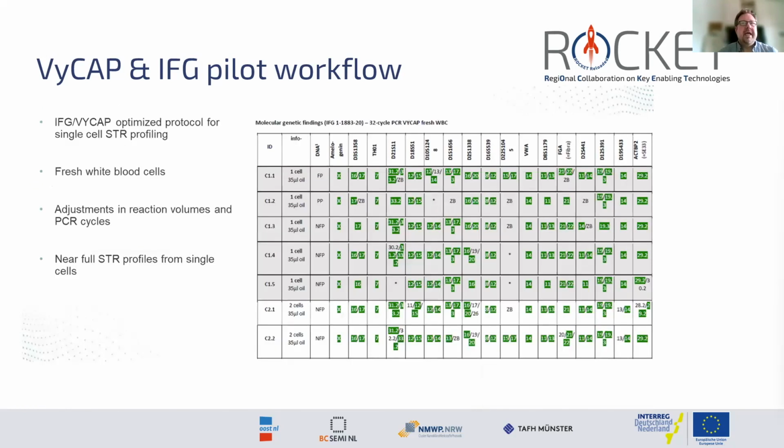Here's a typical image of what is the result of a forensic DNA analysis. In these rows, you have the so-called STR markers that are distributed in the human genome, residing on different chromosomes. If you have, for example, in the sex-determining marker amelogenin only an X, this is row 4, then you know